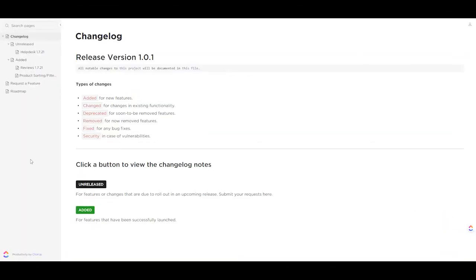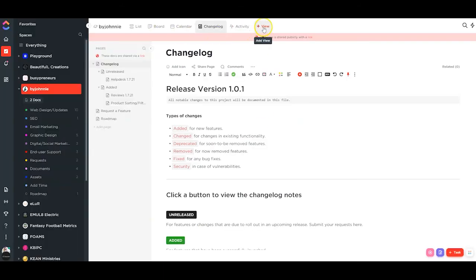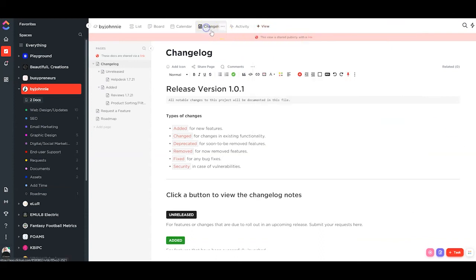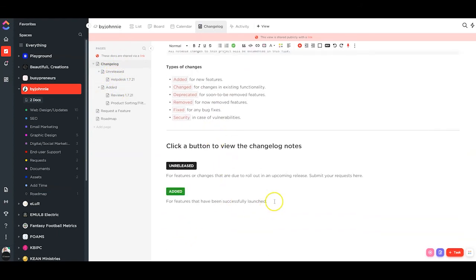The other thing you can do, which can be both manual and automatic, depending on how you set it up, is create a master document or a change log as I use it. So you can create a view for your master doc. Obviously here, create view, pick doc, and it'll create a document. This is the one that I've already created. And in here, you can organize everything by having pages, subpages, you can literally, again, because you have slash commands, you can add a button, add a link, have each document here that you want them to see,